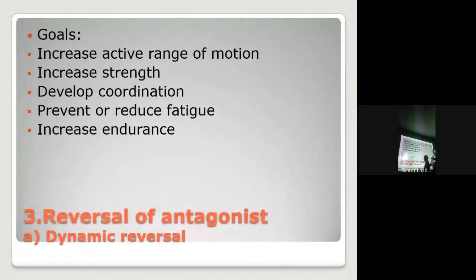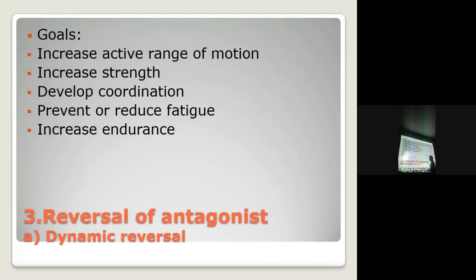Develops coordination. Yes, coordination is needed. Why coordination? Because when a joint is moving in a particular direction, the opposite muscle has to relax. If it contracts in between or other muscles start to contract, it will be incoordinated motion. Prevent or reduce fatigue. So fatigue will also be reduced when the patient is moving. Why? Because first we did the biceps contraction, the biceps will fatigue, then second we do the triceps contraction, then the biceps will relax. If biceps relaxes, the fatigue level goes down.